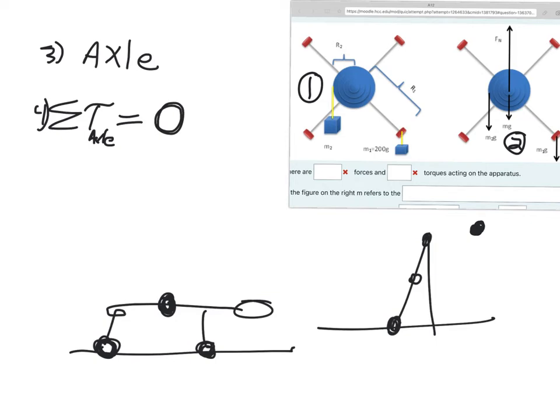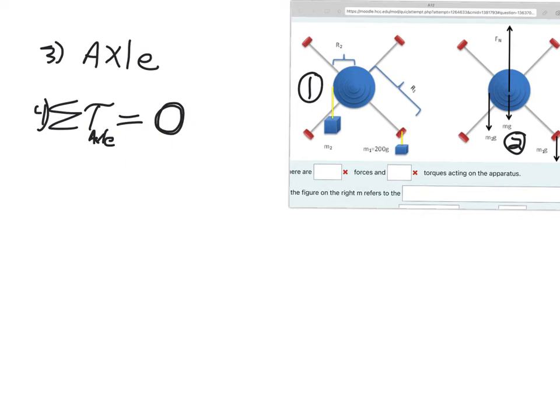So anyway, step 3 is to choose the axis, and so we're going to sum up the torques about the axle, and there's 2 of them, so let's write it out. So remembering that any torque is an R, an F, and a sine theta. So the positive or counterclockwise torque,